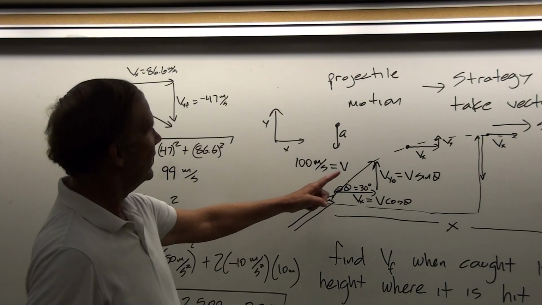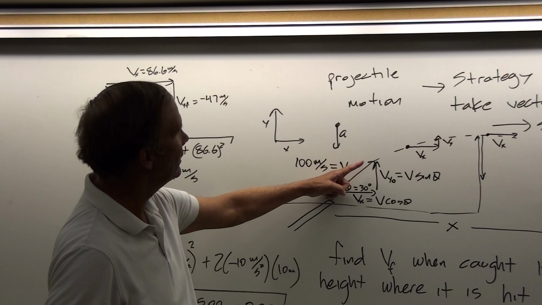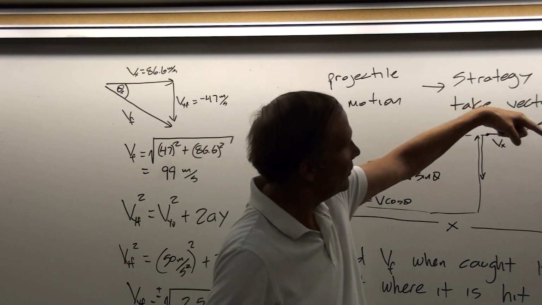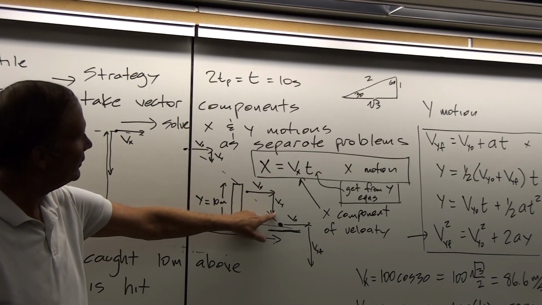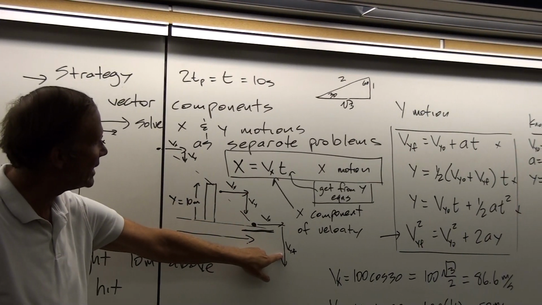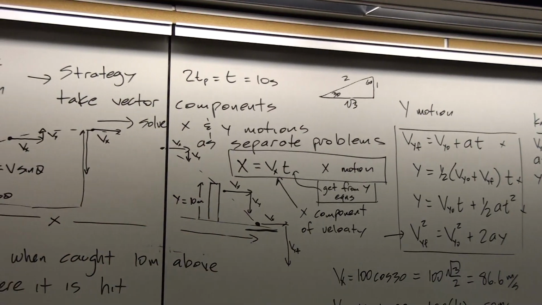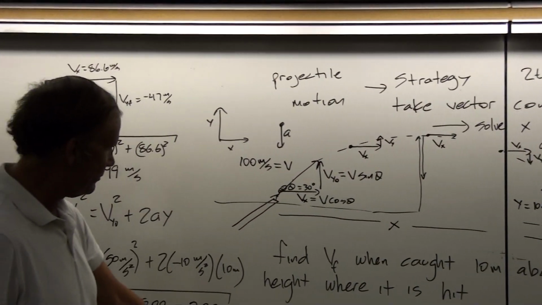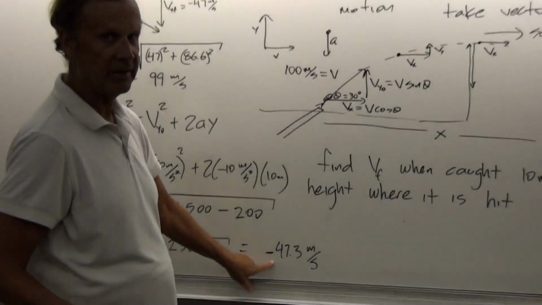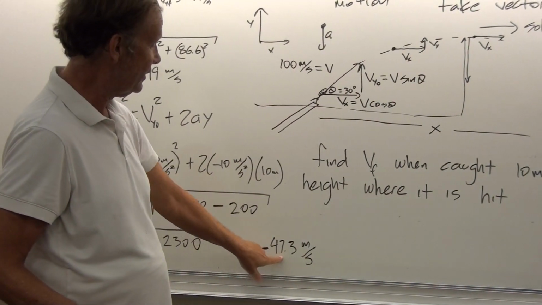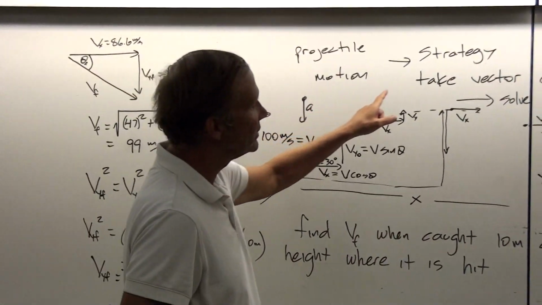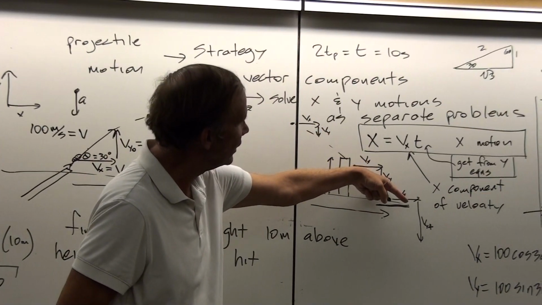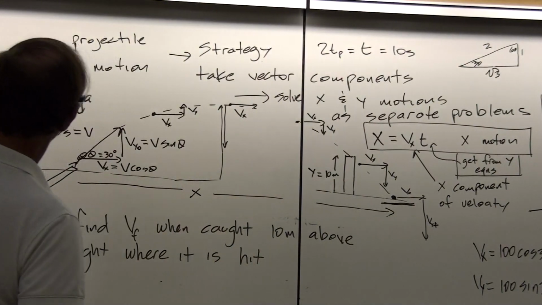Is that a reasonable answer? Well, this is 100 that we start out with as our total velocity vector. And then on the way back down, we haven't quite picked up the full Vy, because remember, if we got back down to the height that was released, we would not be at minus 47 anymore, we'd be at minus 50. Okay, so minus 47 is a reasonable answer here, and 99 is a little less than 100 because it's almost back down, but not quite.